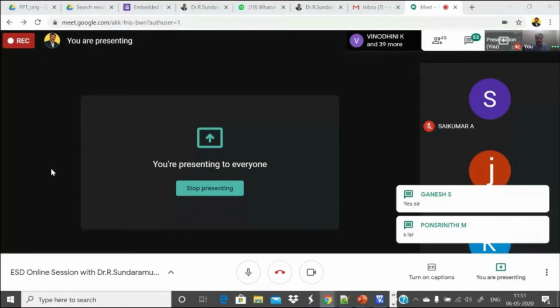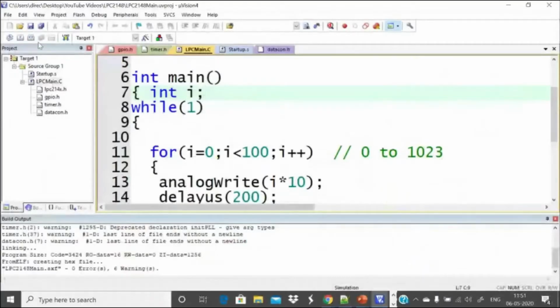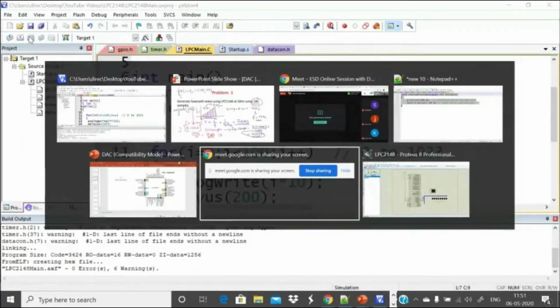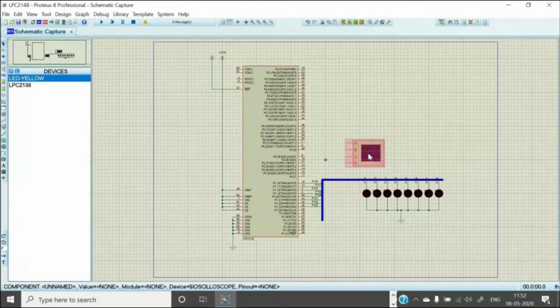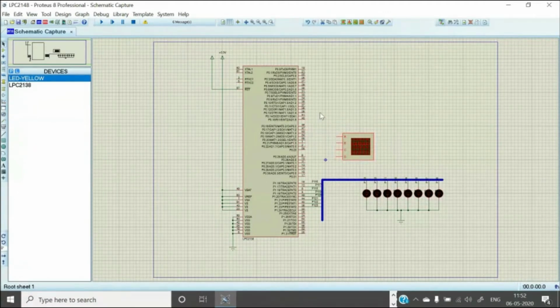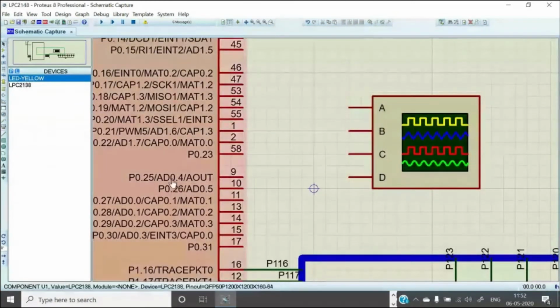Okay. So let us compile this. I go to my Proteus. This is the one that we used in the previous class. Let me zoom. Port 0.25 is pin number 9.